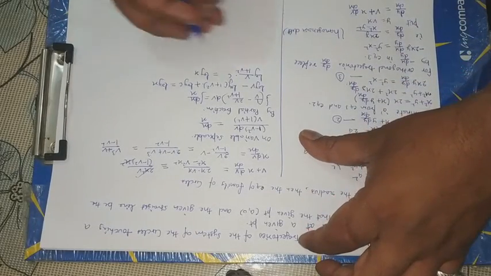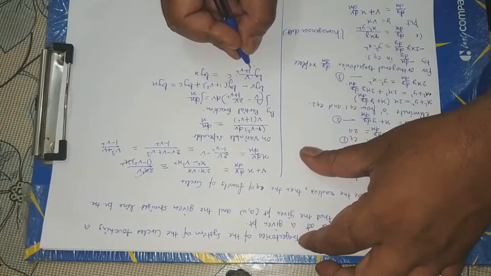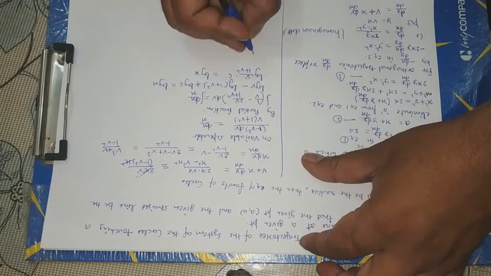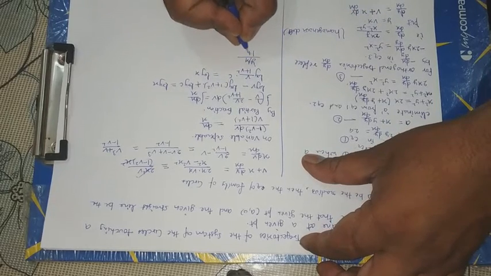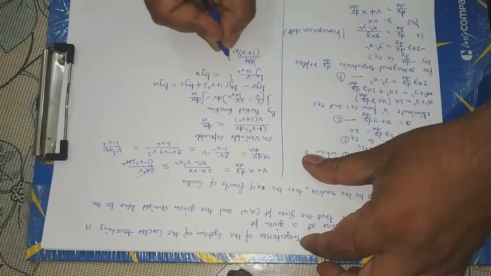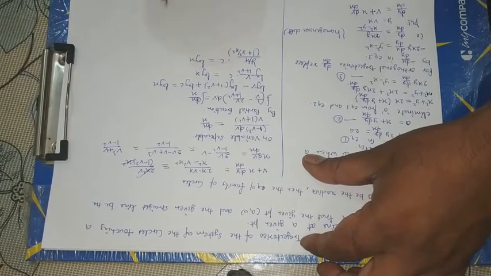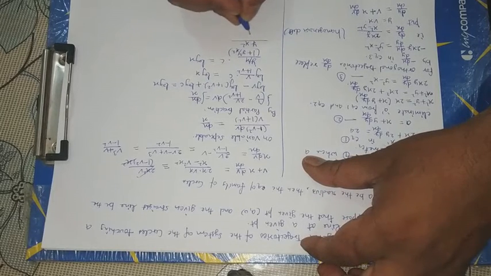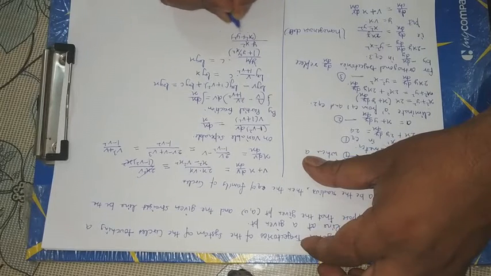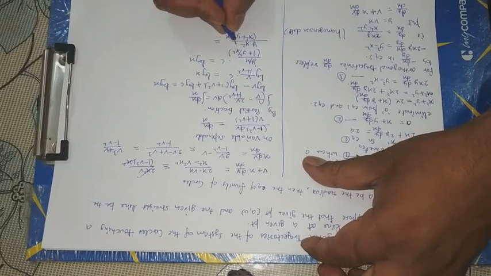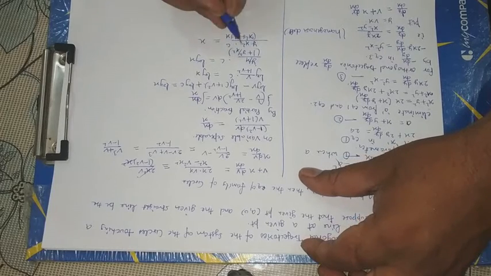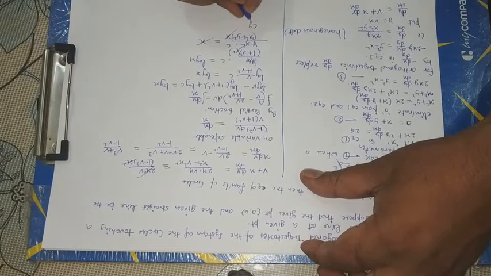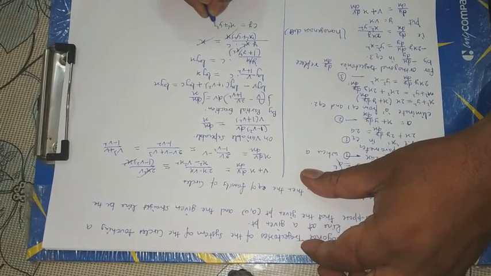Cancel by log x on both sides, that is, putting the value of v as y upon x. Here y is equal to vx, that is, v is equal to y upon x. So y upon x upon 1 plus y square upon x square into c is equal to log x. After solving, y into x square upon x square plus y square into x is equal to c into x. Now this is cancelled by this, that is, cy is equal to x square plus y square.